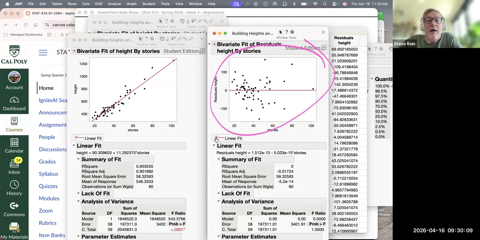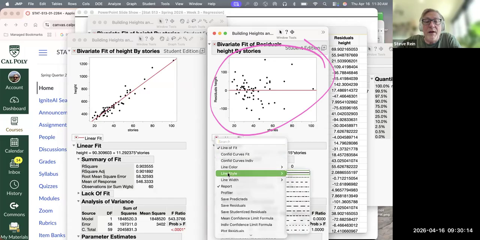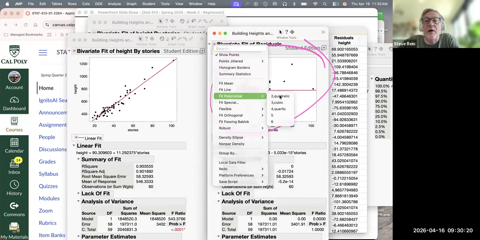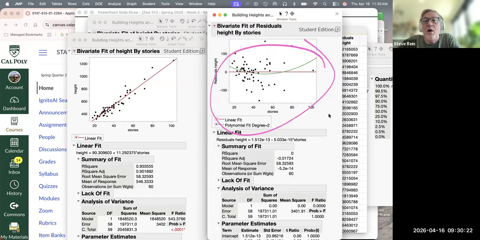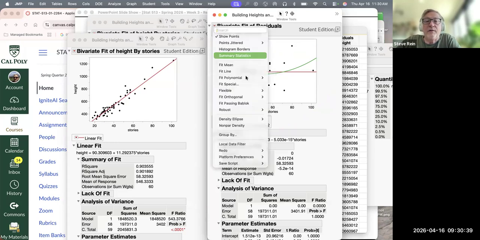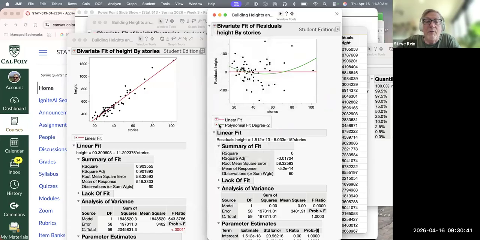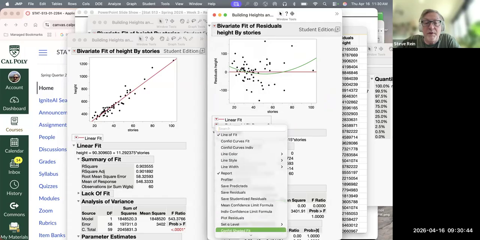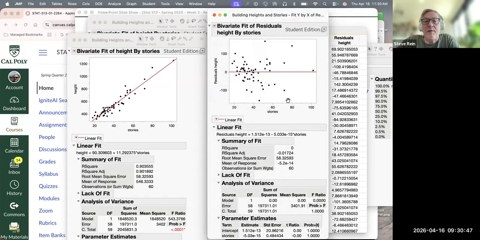I can check it though in an easy way. If I use fit y by x, I could say, well, what if we fit a curve? Instead of fitting linear, what if I chose to fit a polynomial like a quadratic? Would the best fitting green quadratic be clearly better than what I have so far with my red trend line? If I'm looking here and saying green, is that noticeably better than red? I'm saying I don't see it. So I don't need that quadratic fit. Under the fit polynomial, I'm just going to go ahead and remove it. There we go. I'm going to stick with the red one, linear.